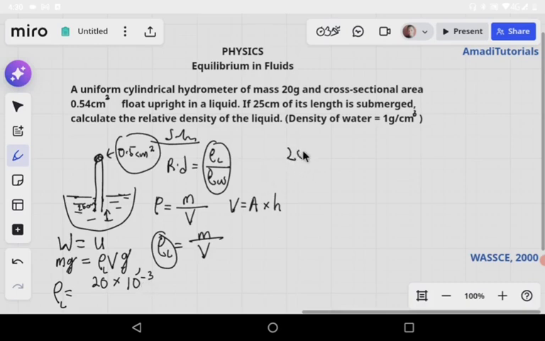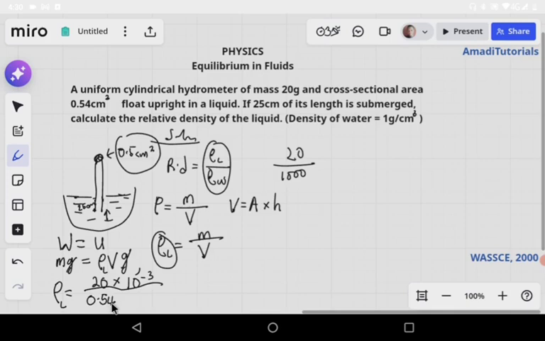That's 20 grams. To convert it to kilogram, you have to divide it by 1000. And then this 1000 is the same thing as 10 raised to the power of 3. And when you take it to the numerator, it's the same thing as what? 20 times 10 raised to the power minus 3. Okay, so that's the mass divided by volume. Volume in this case is area times the height. So the area is